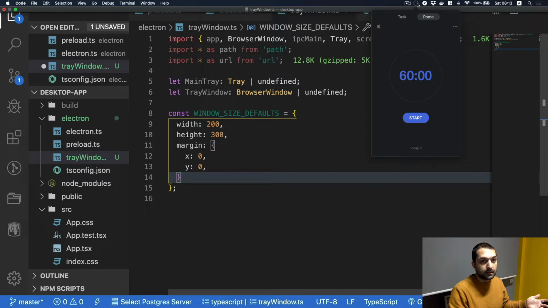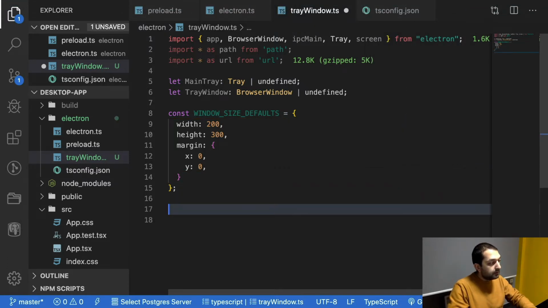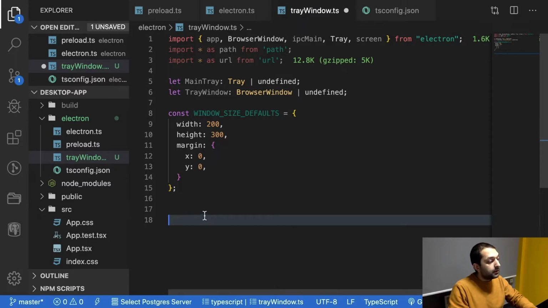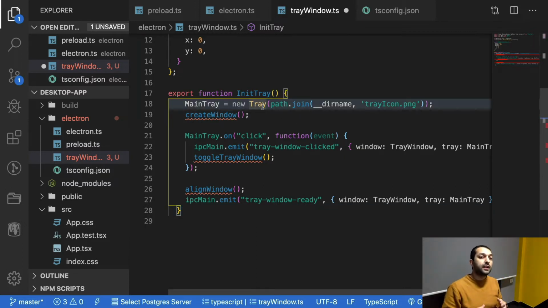So it's pretty standard to keep that. So another step is actually initiating the system tray itself, which is going to be the main entry point for our system tray window. So first of all, the standard Electron.js system tray you need to have some kind of an icon just